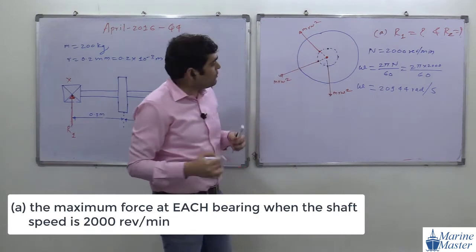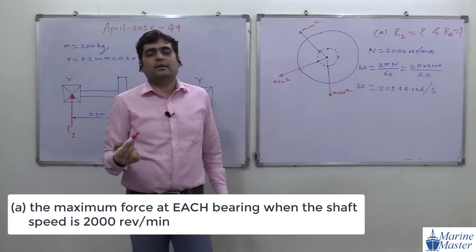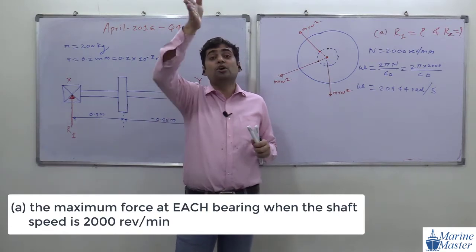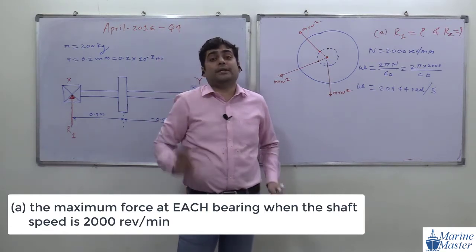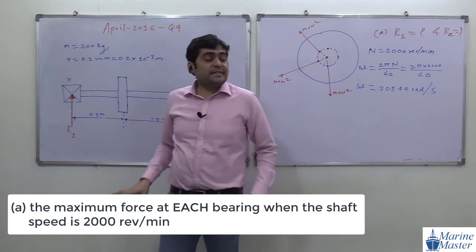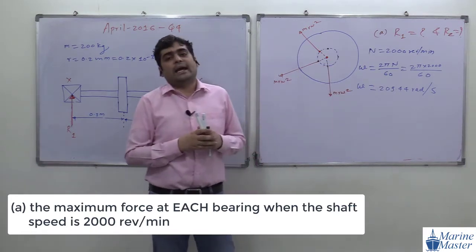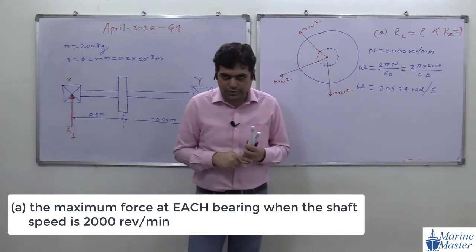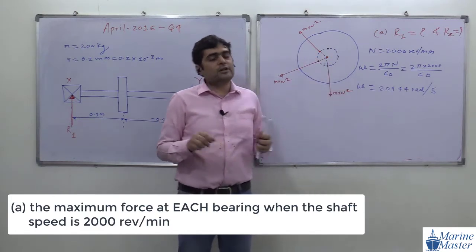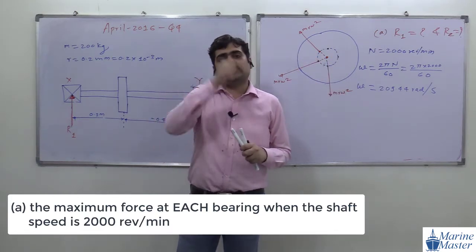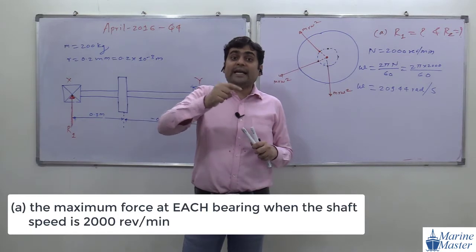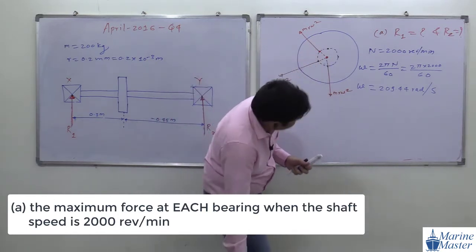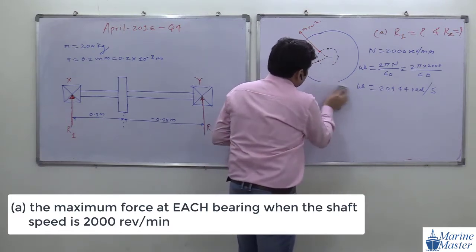Now what about weight, guys? We discussed that the weight of the object always acts vertically downward through the center of gravity. On this rotor, two forces will act. First is centrifugal force. Due to the rotation, its value is fixed, mr omega square, but its direction is changing.